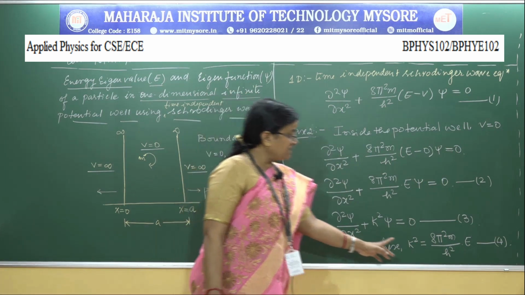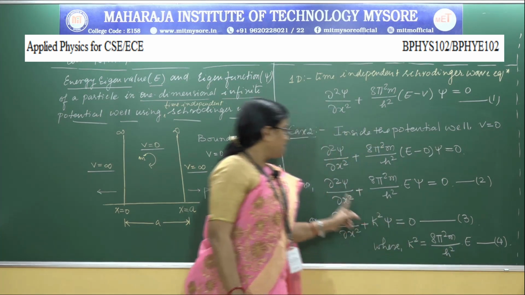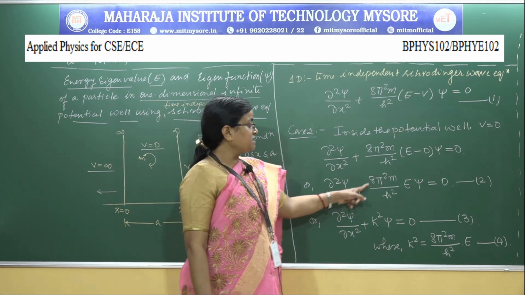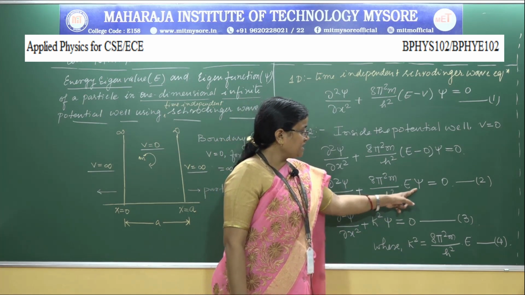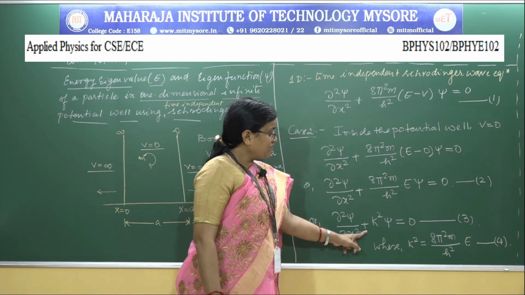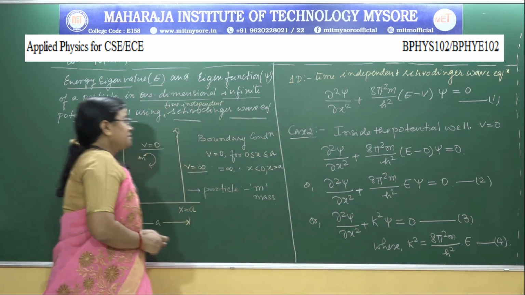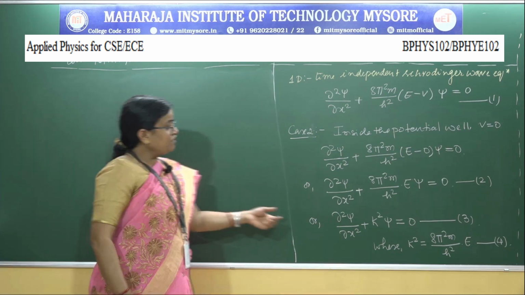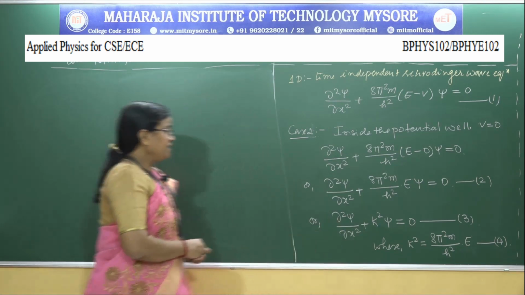So, substituting the value 8 pi square m by h square into E by k square, we get the equation ∂²ψ/∂x² + (8π²m/h²)Eψ = 0, which becomes ∂²ψ/∂x² + k²ψ = 0. So, if we want to write the general solution for this equation 3, we get